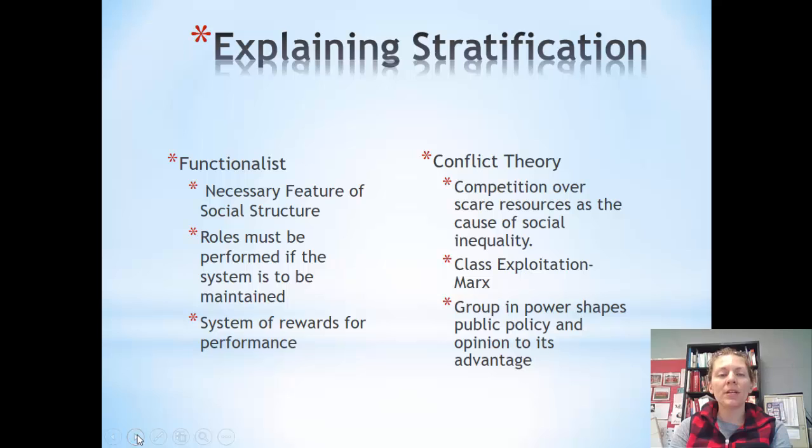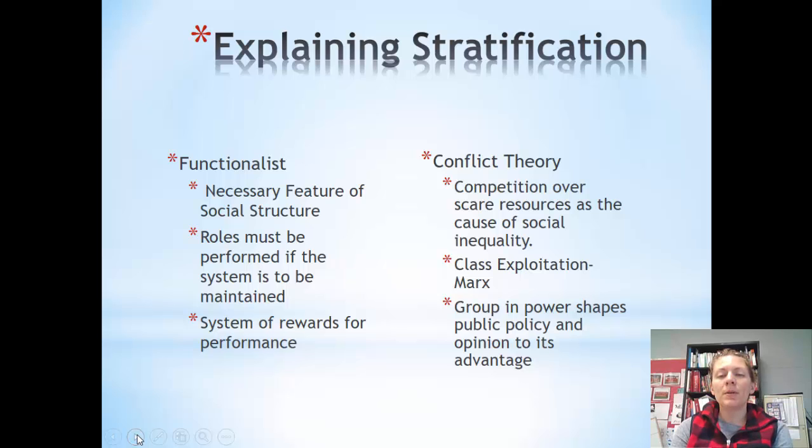All right, a couple things we're going to look at, or ways in which we're going to look at these. From a functionalist and a conflict perspective, functionalists would view this stratification, whether it be race or socioeconomic class, as a necessary feature, that there are different roles that need to be performed, and those roles each have different rewards to them, that both race and social class allow us to have stronger connections, okay, allow us to be part of groups.